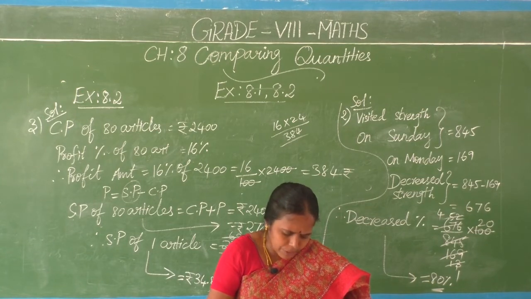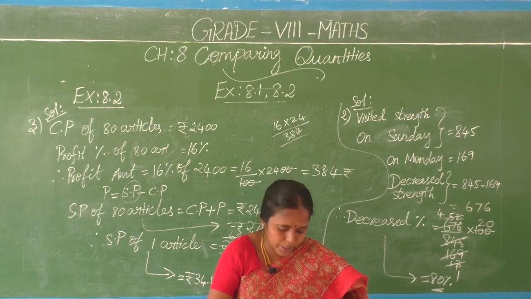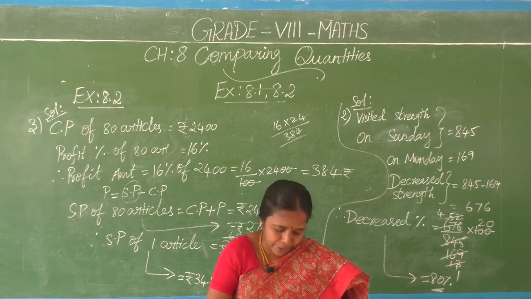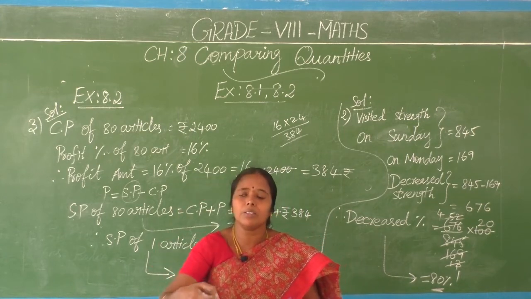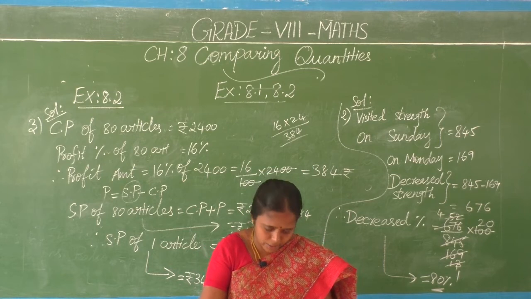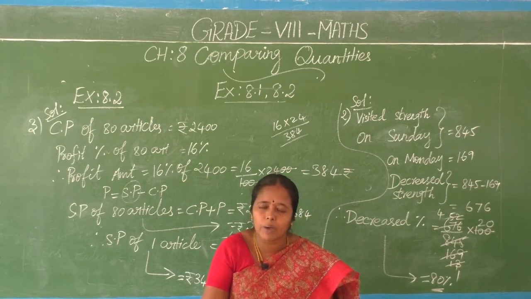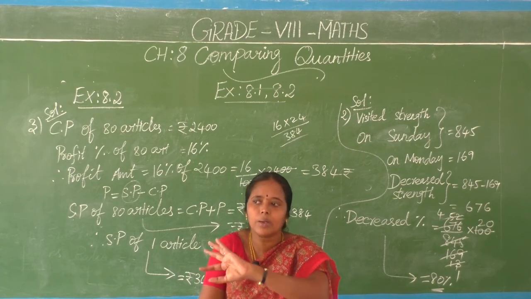The cost of an article was 15,500. 450 rupees were spent on its repairs. Repairs are nothing but overhead charges, no? Already I told you. The cost price of the object is 15,500. 450 rupees were spent on its repairs. Repairs also fall in the cost price category only, so they are nothing but overhead charges. So the overhead charges are given here. That means for the final cost price you have to add both. The cost of the object plus overhead charges is equal to the final CP.